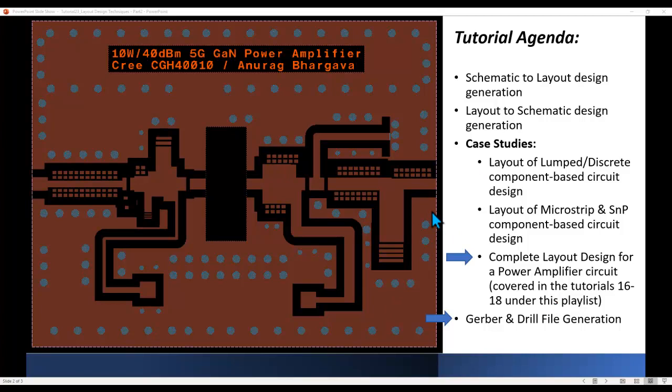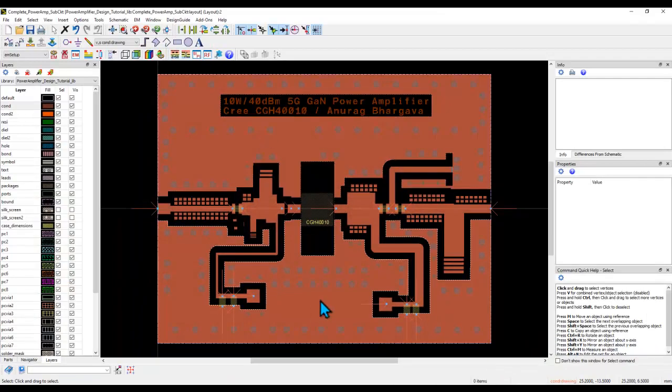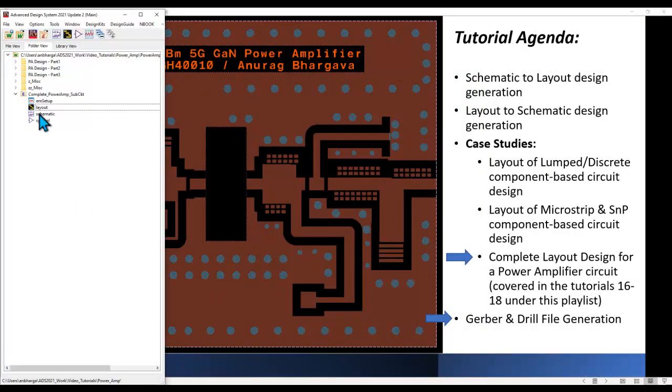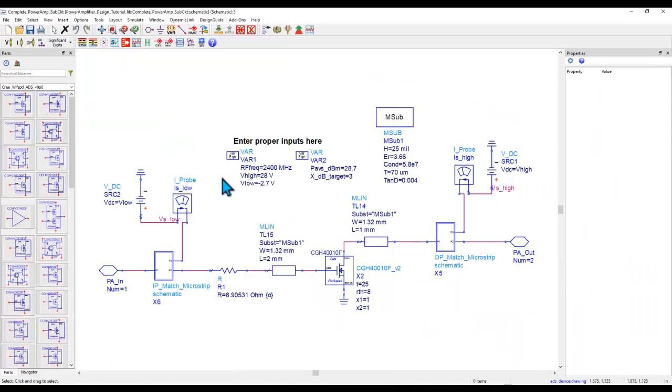All right, so let's go and talk about how we approach the layout design. And at the end of this video, you would have a layout similar to what you see on your screen right now. Now to begin our layout design, let's look at the schematic for which we have to design